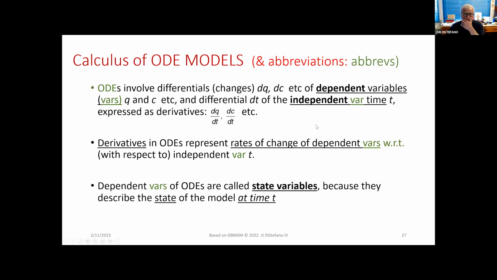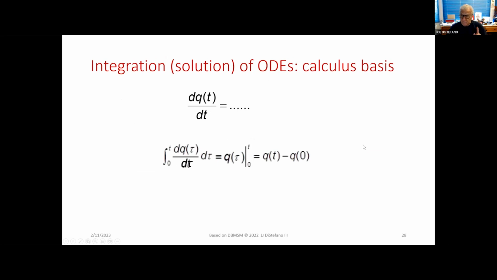Defining ODEs. So what do I teach in differential equations? Well, certainly what they are, and that they represent rates of change of dependent variables. And of course, these turn into state variables. Time is the only independent variable, and ODEs is all I consider. The dependent variables are the state variables, and they relate to the biochemicals in the model, in the context of coupled first order equations. The only higher order equation I do is with Newton's law, because it has 3 different kinds of models in it. But anyway, this is really important.